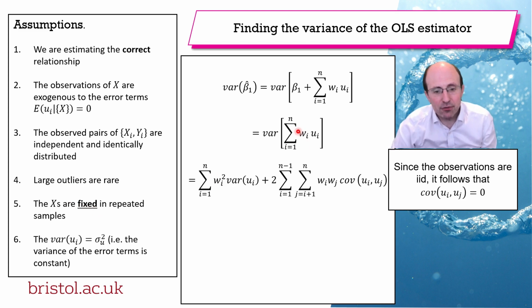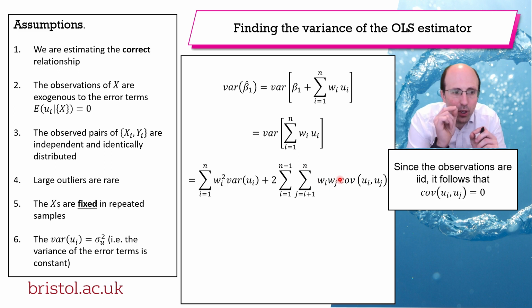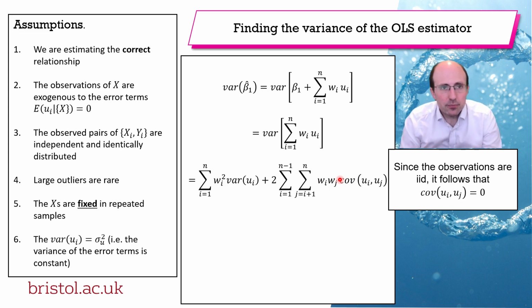So we could rewrite this variance of the sum as being wi squared times by the sum of all of those variance terms plus the sum of all of those covariance terms as well. Now, our assumption that the observations are IID